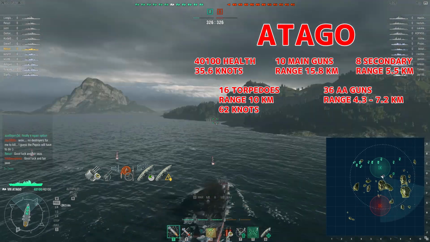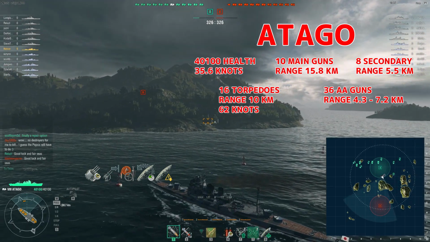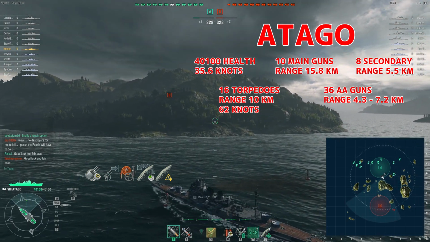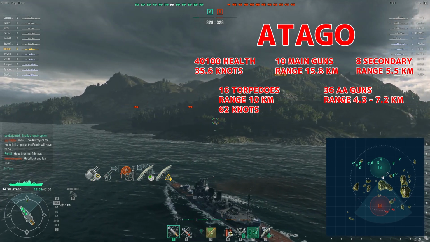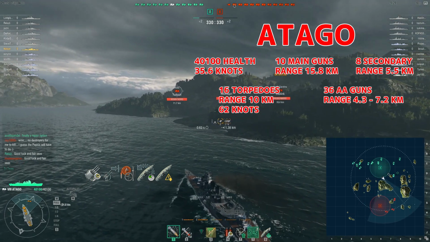Hey, this is Notser, and this is the Tier 8 Japanese premium cruiser Atago. It has 10 main guns, 8 secondary guns, 36 AA guns, 16 torpedoes, a top speed of 35.6 knots, total